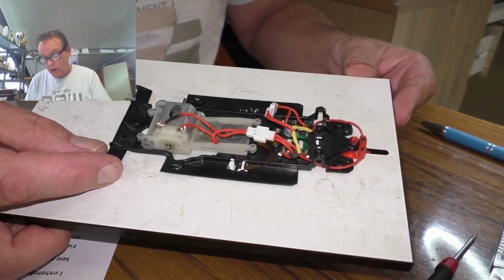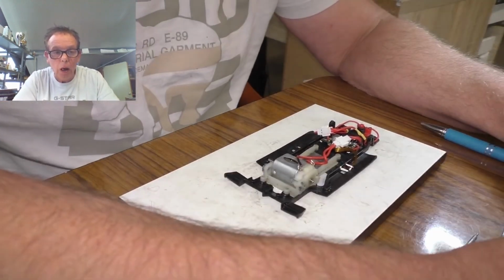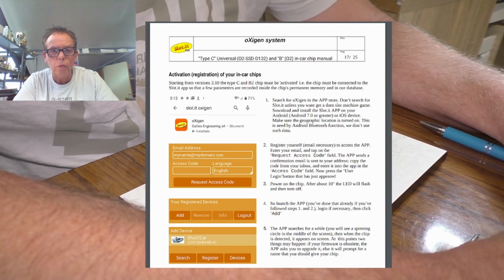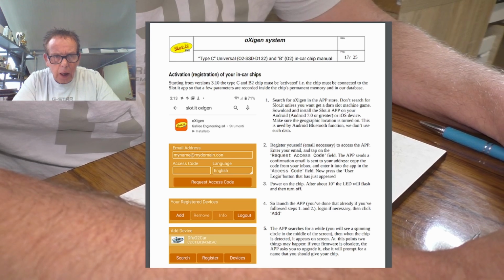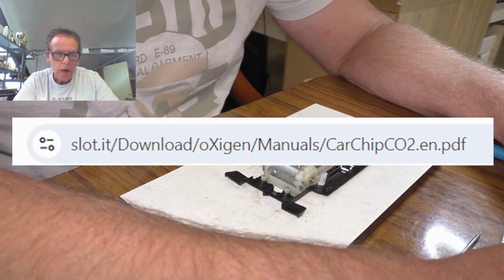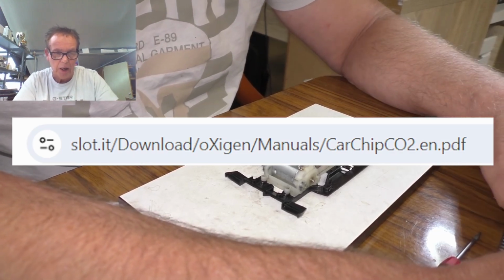10 minutes and your chip is in the chassis. I will show you the website. On the Oxigen website there is a PDF on how to connect your chip with the app on your phone, so you can drive with it. And here is the website: slot.it download /Oxigen manuals /car chip 02 PDF. And maybe in the future I will make a video about that, how you do that. But if you follow the instructions, you can get